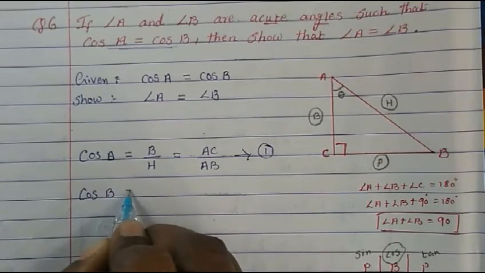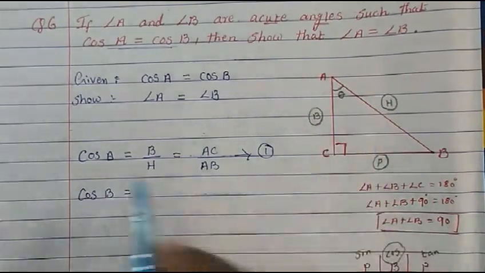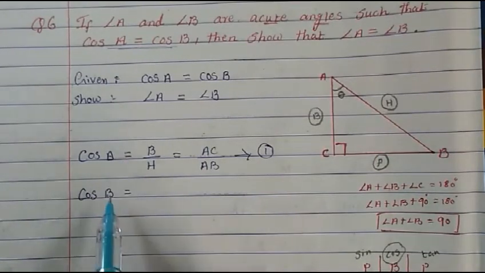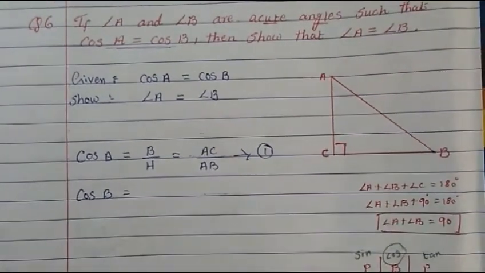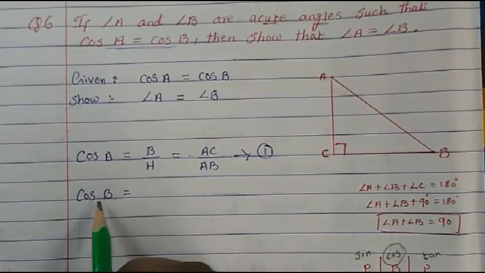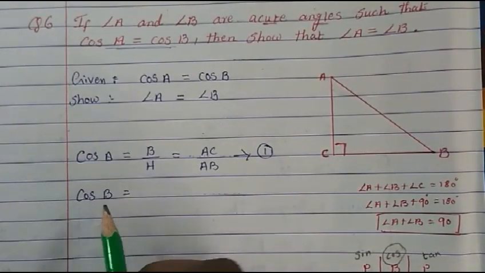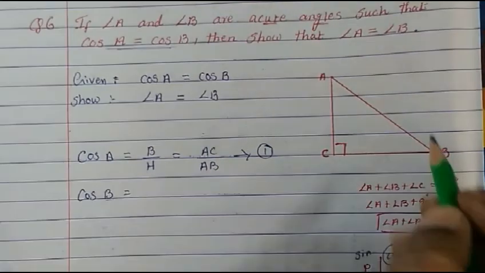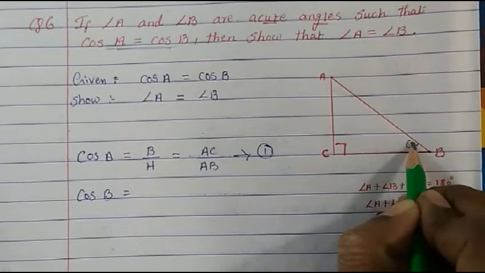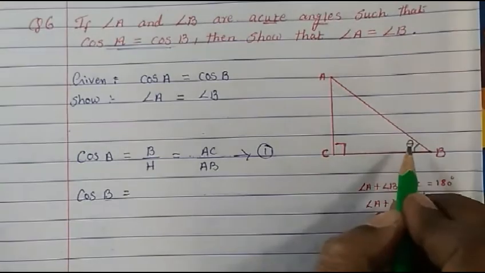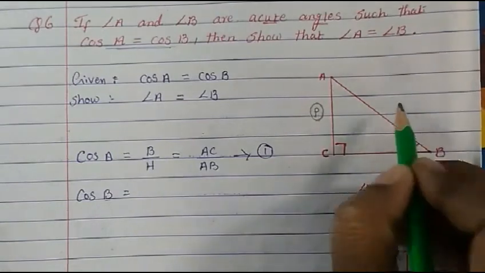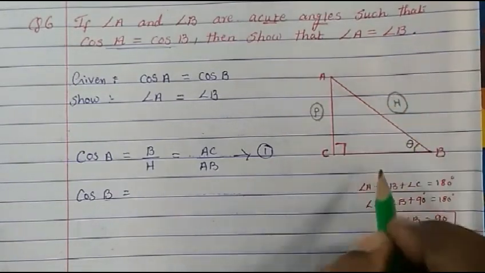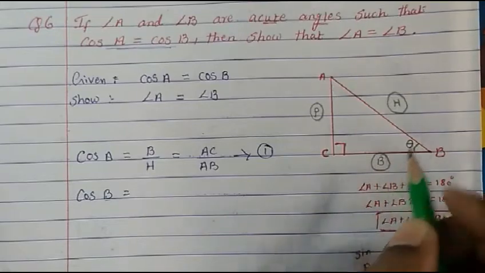Cos B. Now for cos B it will change because the theta is B. Theta meaning is angle. Okay, so B. So let's change this position now. Okay, so now cos B means cos theta. So theta is where? In B now. So this is our theta. Angle is here. Then opposite to theta becomes perpendicular, and the longest side always remains the same, hypotenuse. Then the other side becomes base.